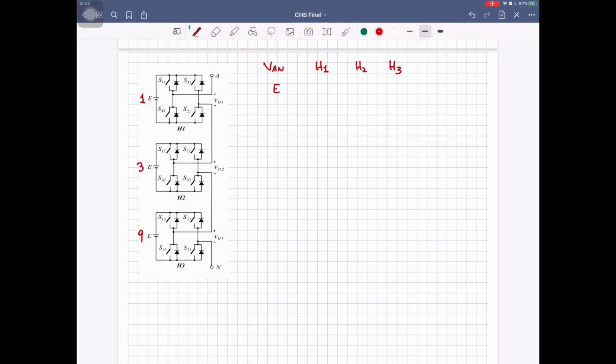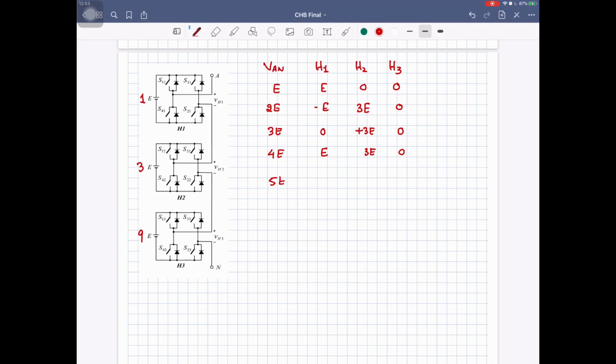We can get E by taking E from the first inverter and 0, 0 from the other two inverters. To get 2E, what we will have to do, 3E from the second inverter and minus E from the first one and the 0 from the third inverter. So you will get equal to 2E. To get 3E, you can put it in the 0 voltage state and plus 3E from here and the 0 from here. To get 4E,